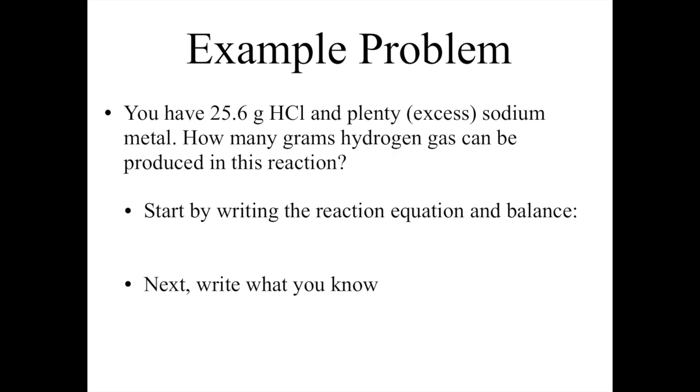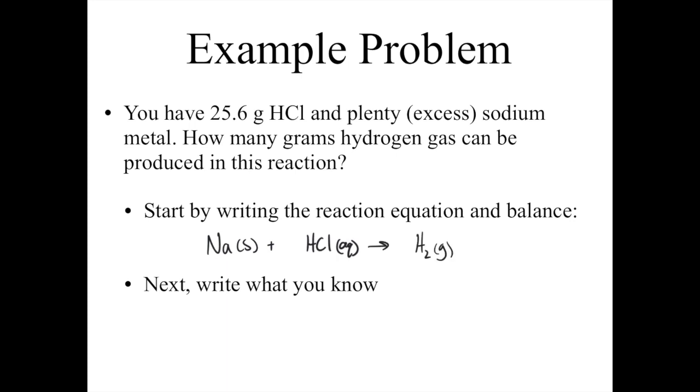Next, I'm going to do a practice problem for you from our notes. We've got 25.6 grams of HCl and plenty or excess sodium metal. And we're going to mix those together and we're going to make a single displacement reaction, and hydrogen gas is going to be produced in this reaction. So let's first start by writing this reaction, then we'll balance it. So we're going to put the sodium as a solid plus HCl as an aqueous solution, and then that is going to